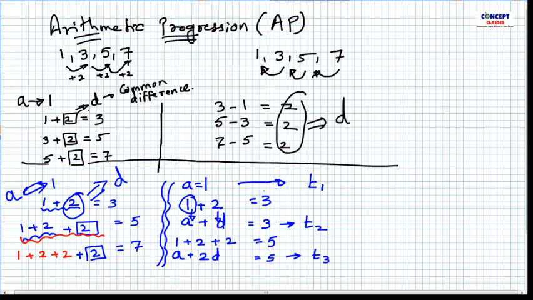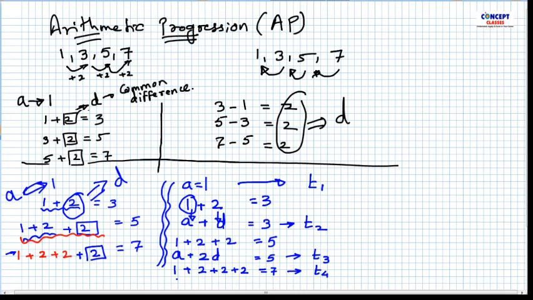The numbers can change, mind you, these numbers 3, 5, I can take anything, but this pattern will remain. You will always see this pattern. You can try it out with another sequence which is an AP. Now let me take another one. What is the next one we are getting? 1 plus 2 plus 2 plus 2, which I have written on the left side here. I hope you are getting it. So this 1 plus 2 plus 2 plus 2, 7, which term was it, by the way? It is T4, the fourth term of my sequence and AP.